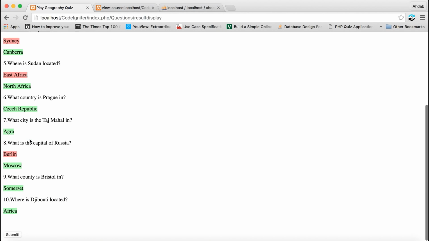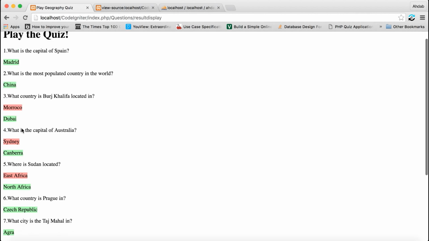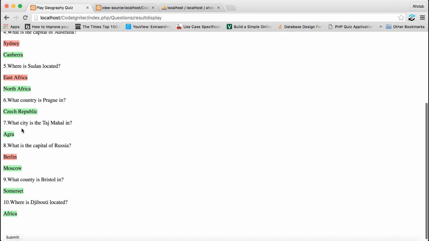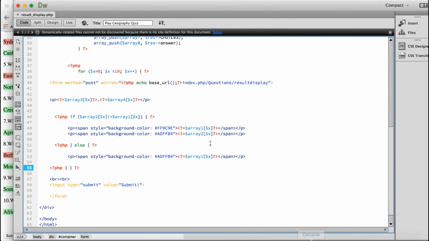Just like so. So this is the user's answer, incorrect answer, and this is the correct answer. So this is taken from the database. As you can see, this is all working fine. Okay, so the next step, what we're going to do is we want it to display the user's score out